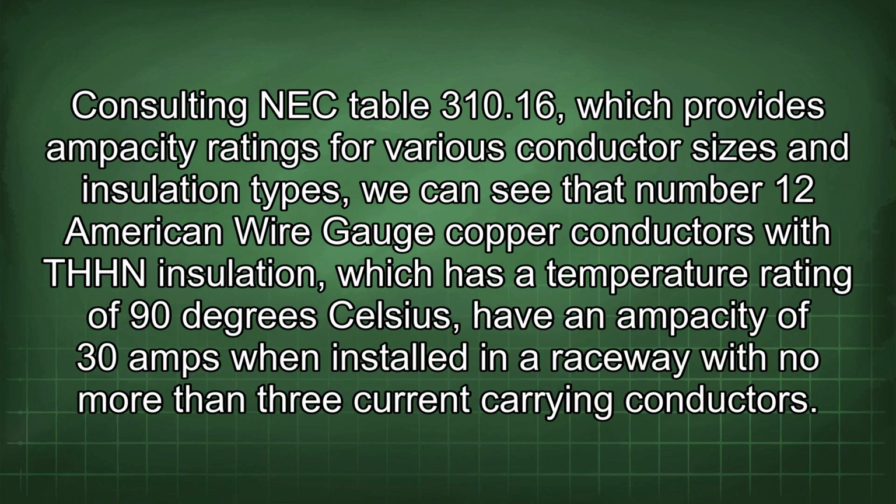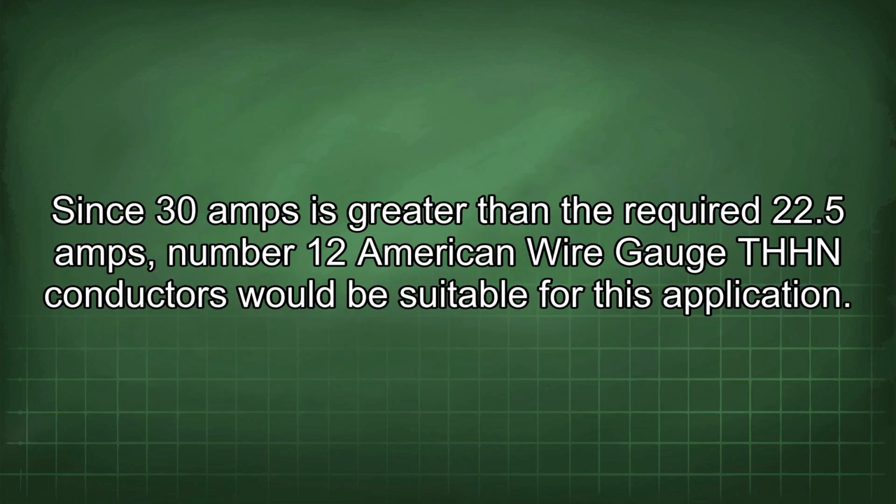Consulting NEC Table 310.16, which provides ampacity ratings for various conductor sizes and insulation types, we can see that number 12 American wire gauge copper conductors with THHN insulation, which has a temperature rating of 90 degrees Celsius, have an ampacity of 30 amps when installed in a raceway with no more than 3 current carrying conductors. Since 30 amps is greater than the required 22.5 amps, number 12 American wire gauge THHN conductors would be suitable